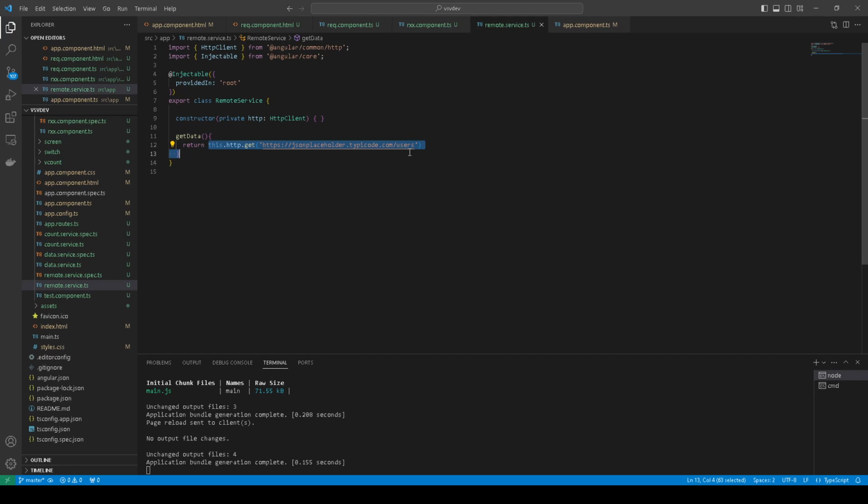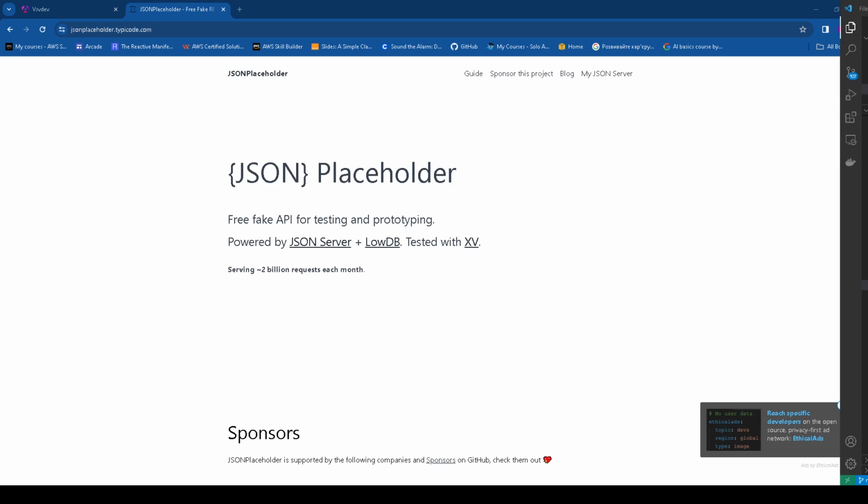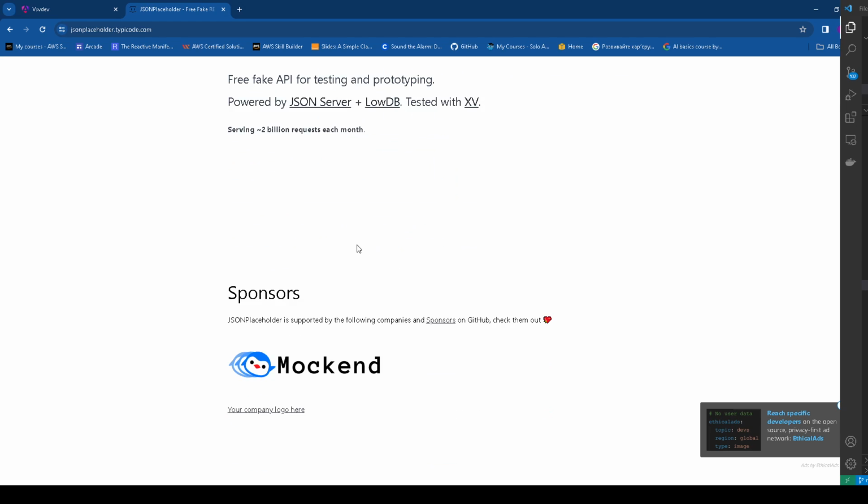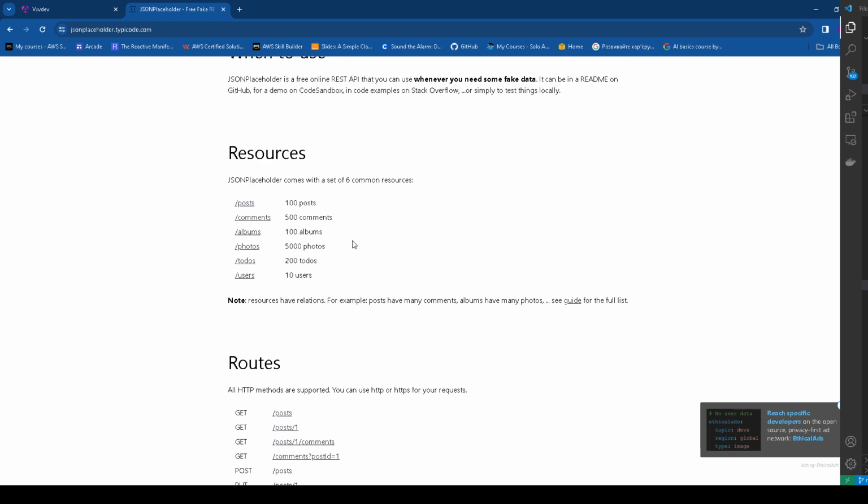This is the service where I inject HTTP client. HTTP client gets information from this resource, and this resource I use to imitate a remote server, application server, or microservice, and here we have a lot of examples,